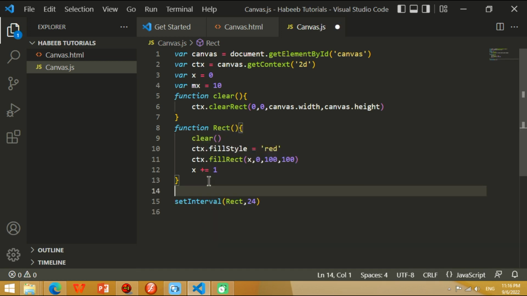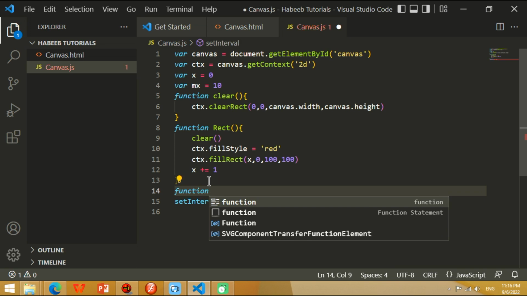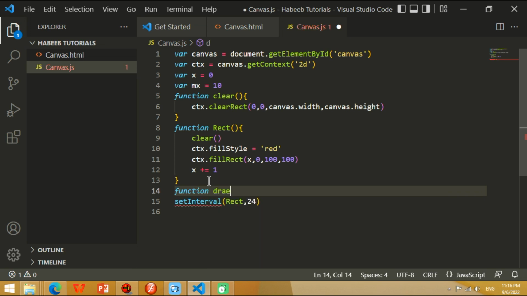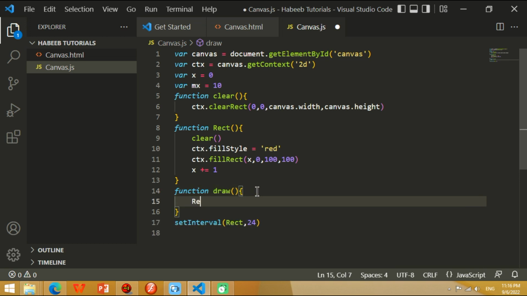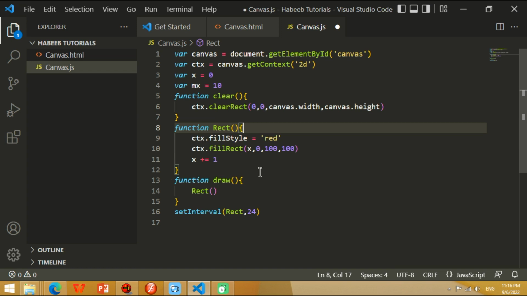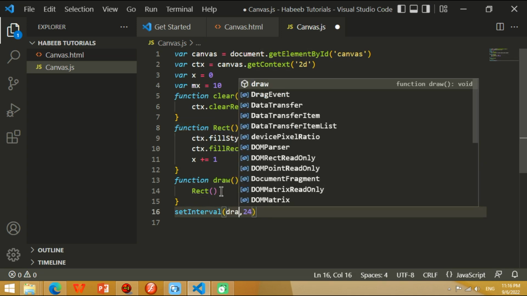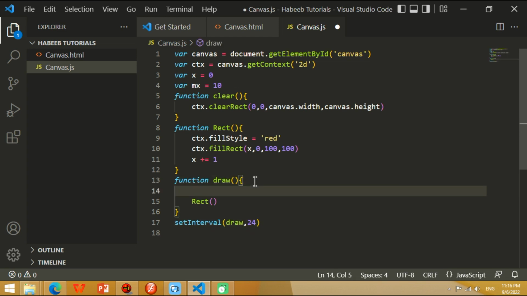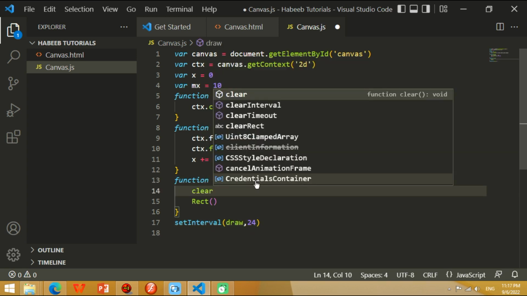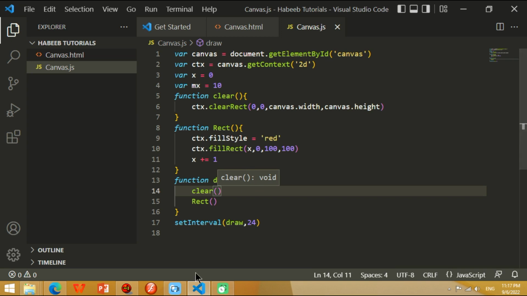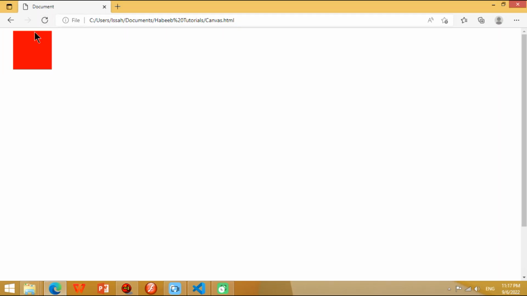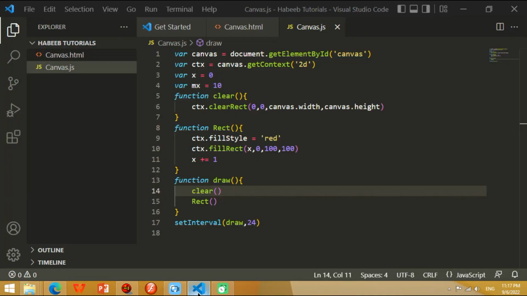and then we also make a new function called draw, and then we write the rect function, which is going to draw our rectangle, and then we change this from rect to draw. And then we write our clear function first. Now if we reload this, you see that the square is not leaving a trail behind it,